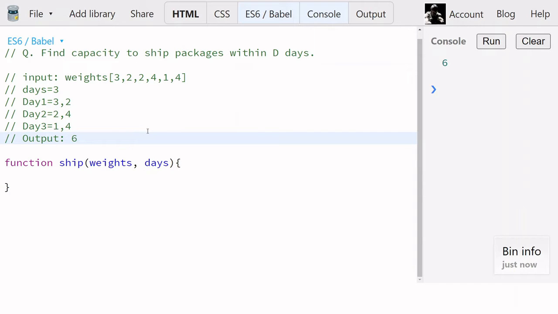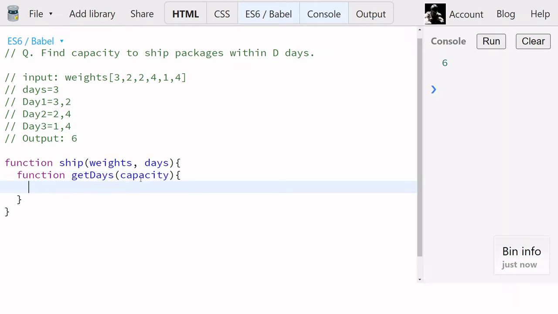So what we can do is create another function within this function, getDays, to which we pass a capacity, and based on the capacity we expect the number of days in which the weights can be transferred. We will call this function from another for loop. So this is a sub solution, and to tackle this problem,